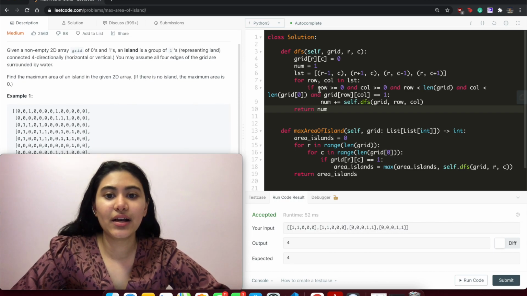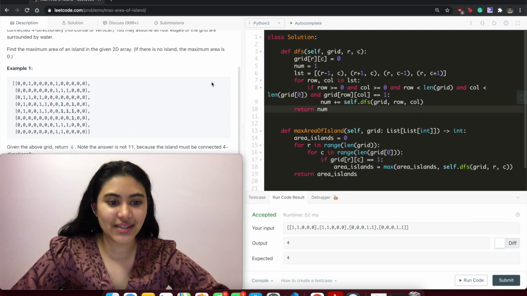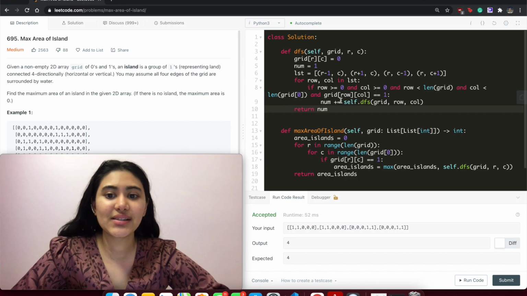And our runtime is also m by n since we iterate through the entire grid, all the indices there. So this is m by n